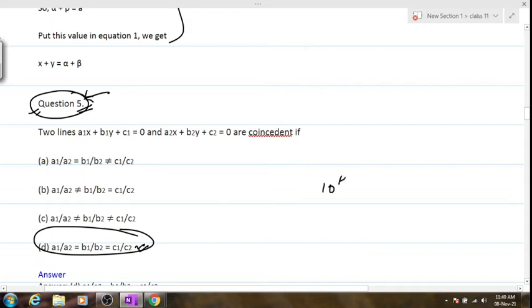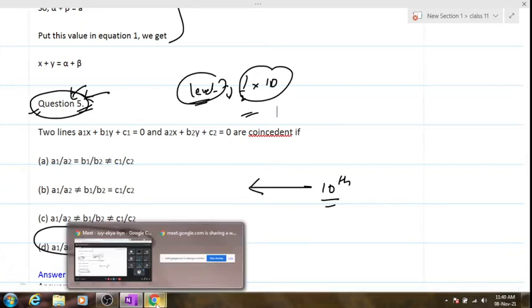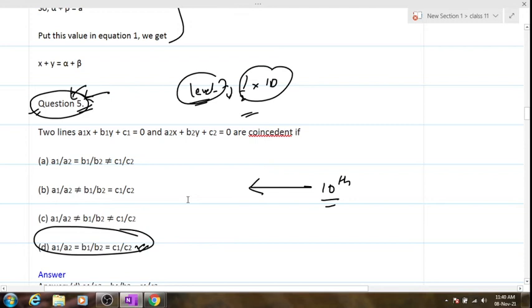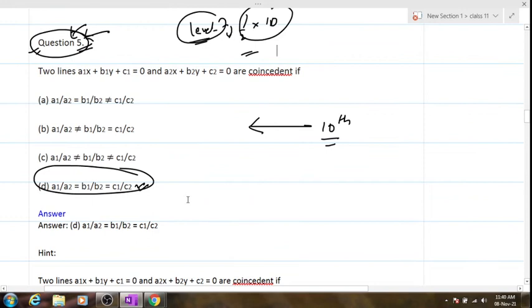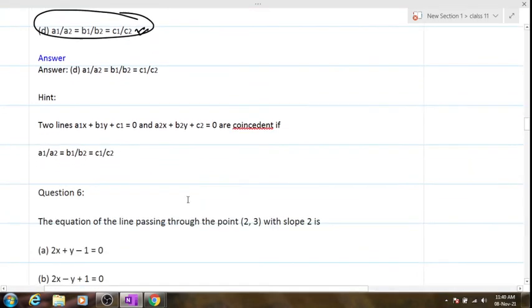See, in class 10th, this question is for class 10th, right? And this question number 5 out here. So the class 10th level is half of class 11th level. Okay? I just found this coincidence, that is why I told you. Did you get what I said? Level in class 11th is double the level in class 10th. Is it clear? So the amount of hard work also needs to be doubled. Utter coincidence, this will not come in your exams. Don't worry, chill.